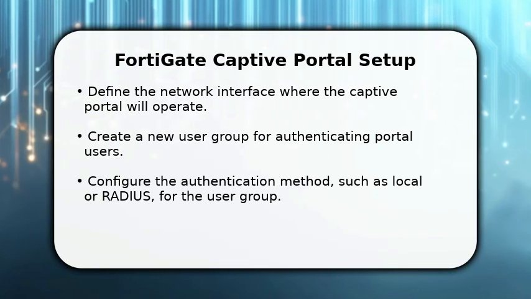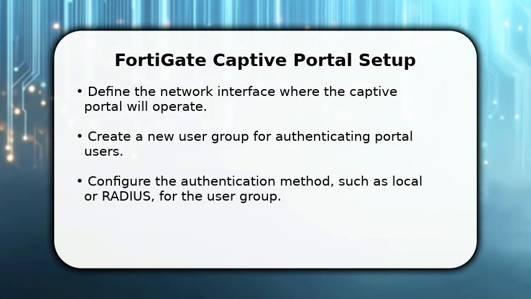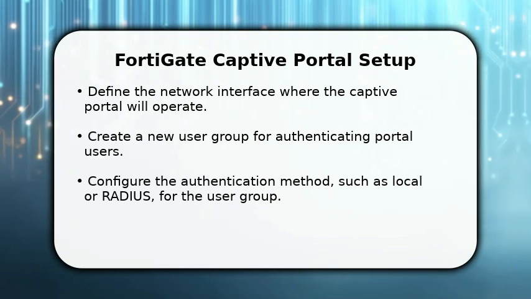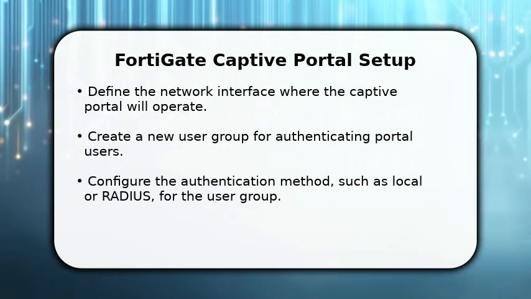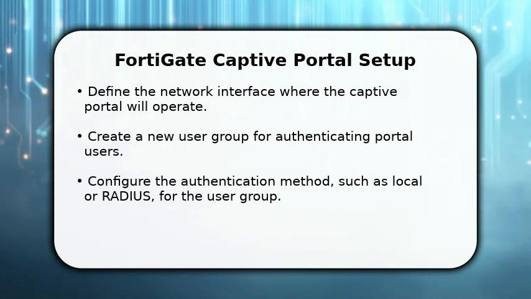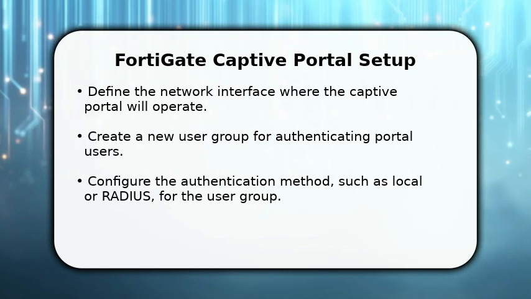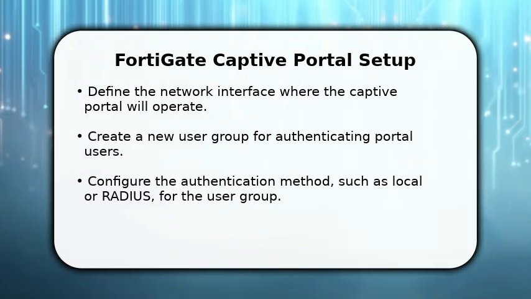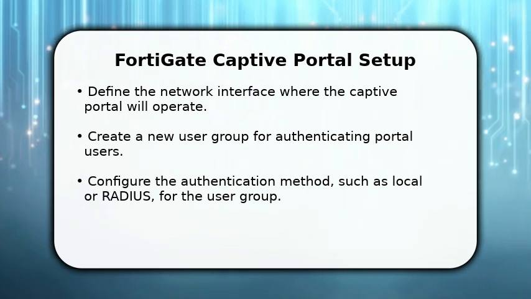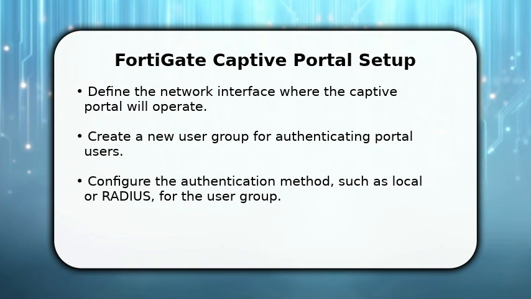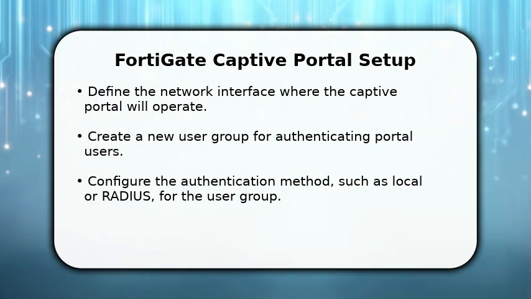In this video, I will explain how to configure a captive portal in FortiGate. First, you will define the network interface that will host your captive portal, typically an internal or wireless interface. Next, create a new user group specifically for your portal users. This group will determine who can access the network after authentication. Finally, configure the authentication method for this user group, choosing between options like local users, RADIUS, or LDAP to suit